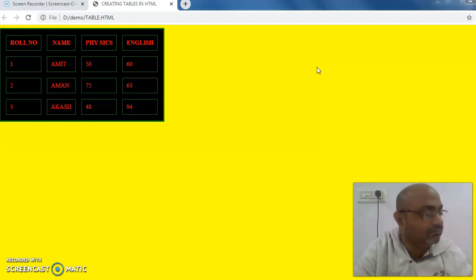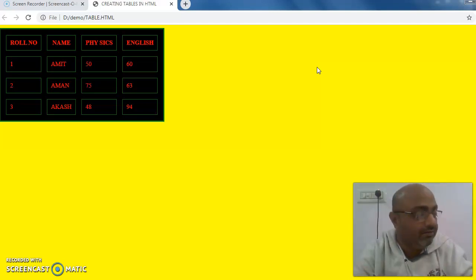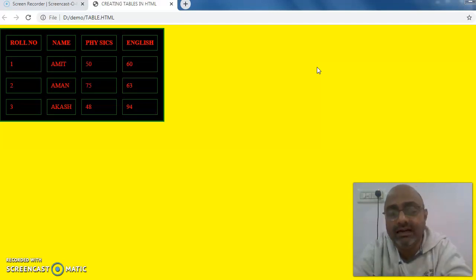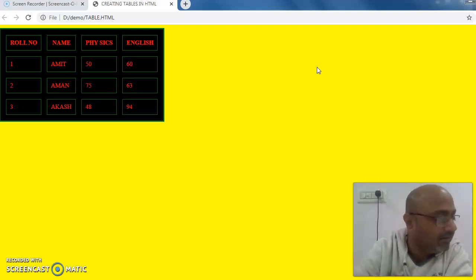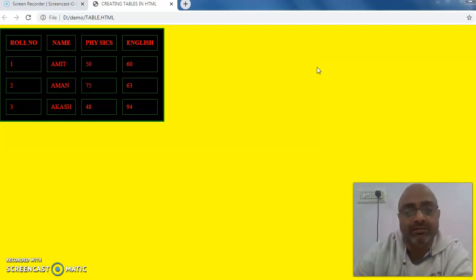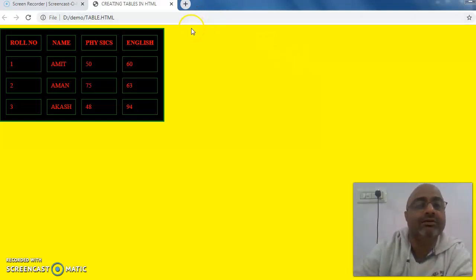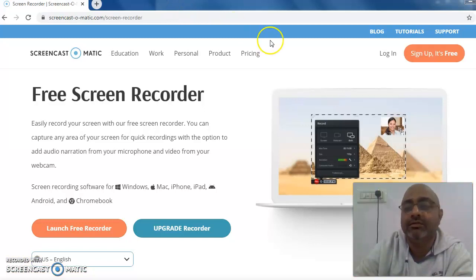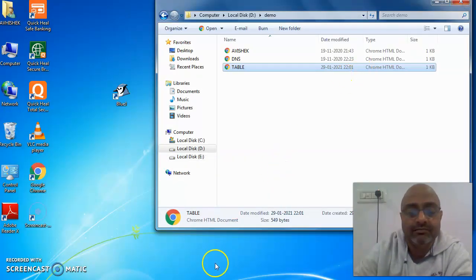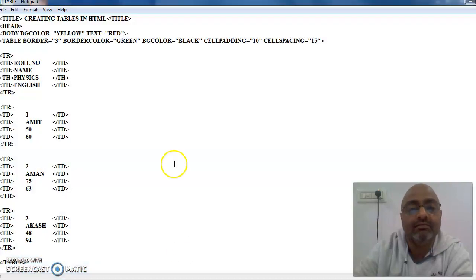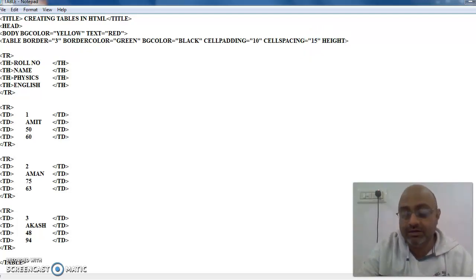Anyhow, now the next thing we can do here, children, is increase the height and width of the table. Okay, so how? So have a look again. First of all, I close this, and I use height is equal to, within double quotes.